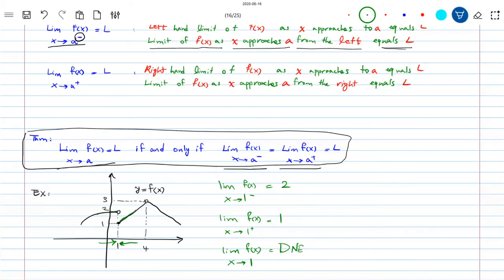That means if you follow two curves, they are not going to match up to each other. There is no specific limit at that specific point, unless you're given a direction. If they say right hand side, there is a limit. If they say left hand side, there is another limit. If you look at